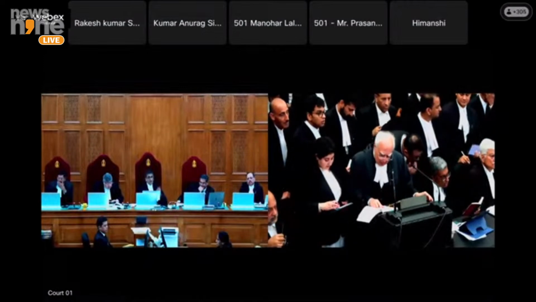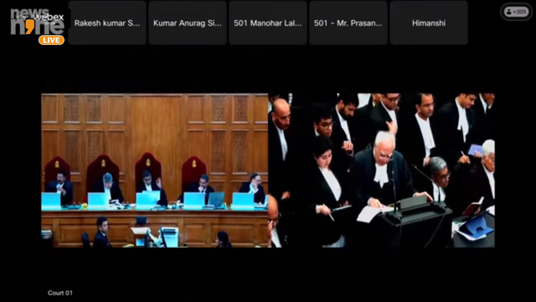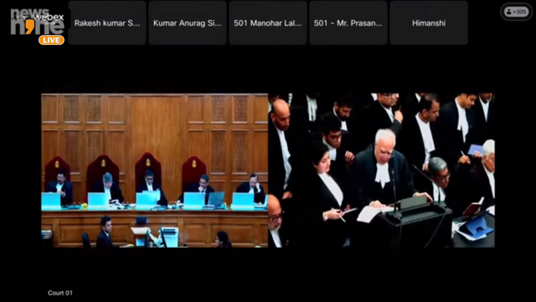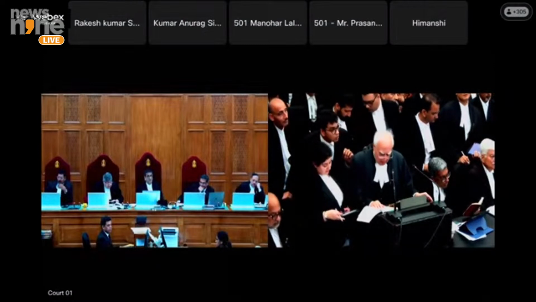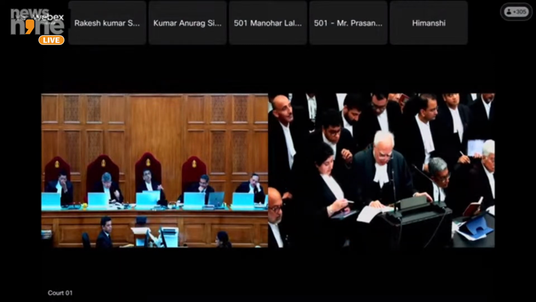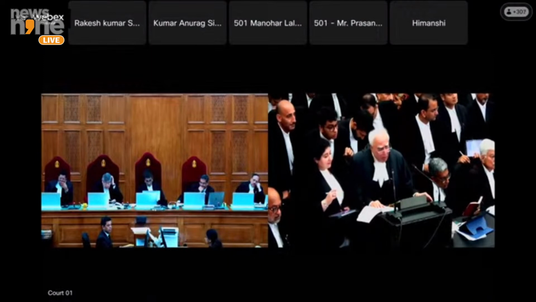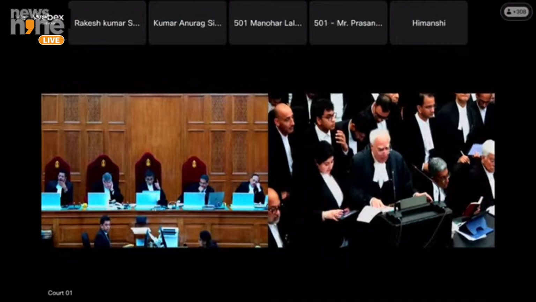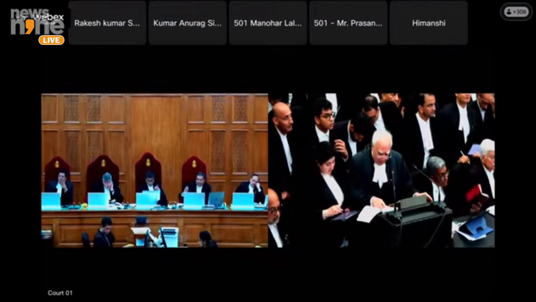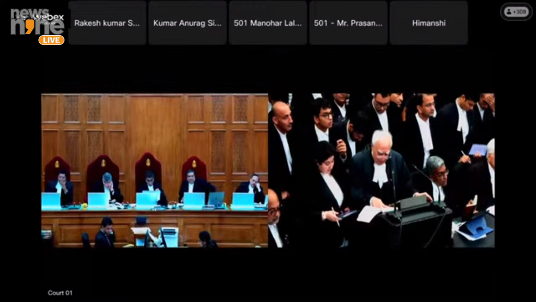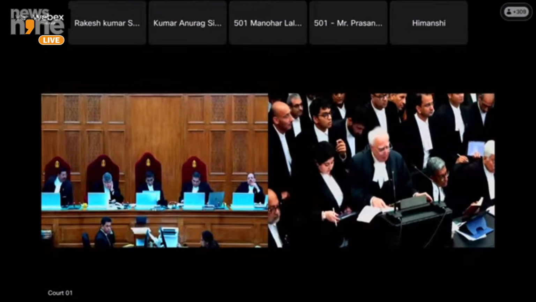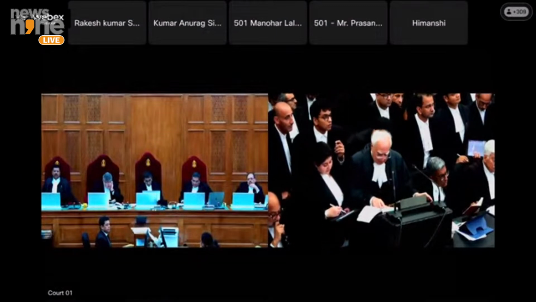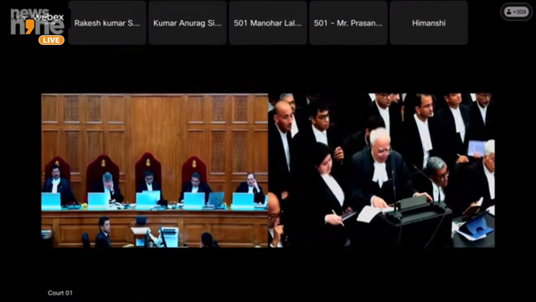B1, matters in the union list and the concurrent list. B2, such other matters in the union and the concurrent list. Yes. Then go to clause D. Yes. Clause D refers to the provisions of this Constitution. Yes. Right? Yes. Now, subject to the presidential power, such of the provisions of this Constitution shall apply in relation to the state subject to such exceptions and modifications as the President may by